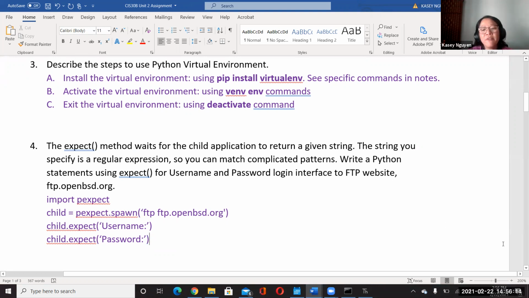Any question with 4? I want you to practice doing this, as some of you, like me, use Windows and can't be on a Linux virtual machine right now. So I wanted to show you how that would be written.